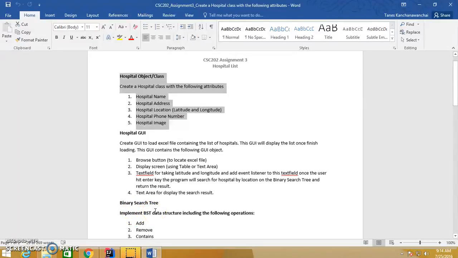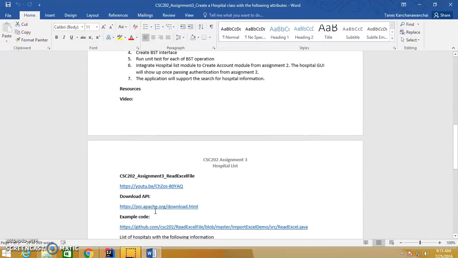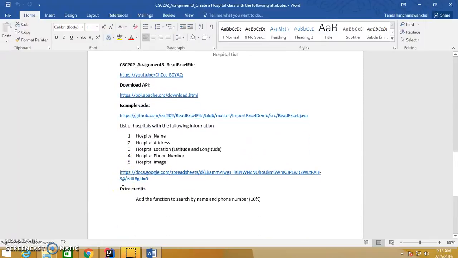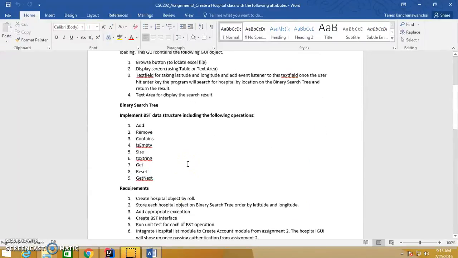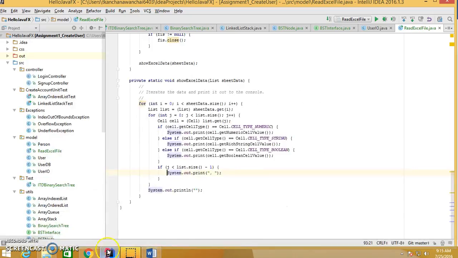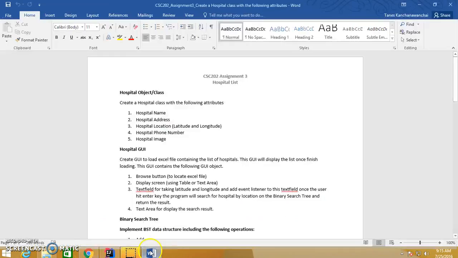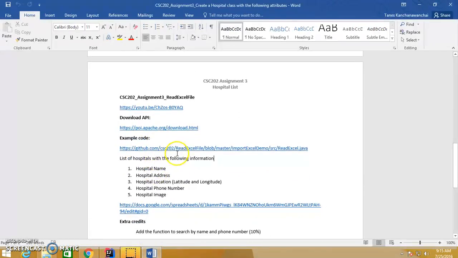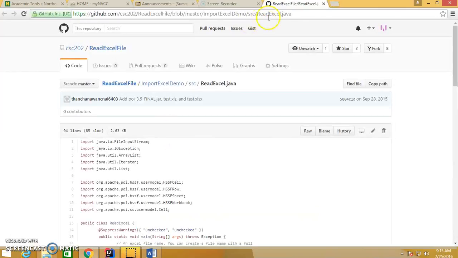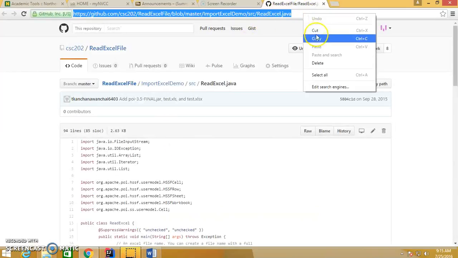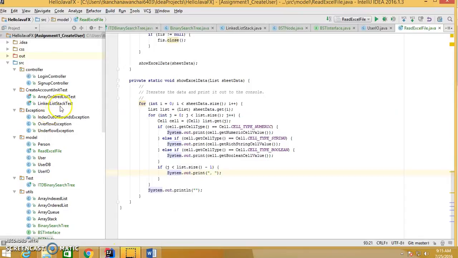So this resource to show you how to read in from an Excel file is from here. Now for this one, it only supports the .xls file so far. So if you want to include the source code, you can go to this GitHub, right? So let me show you again. If you want to import this,